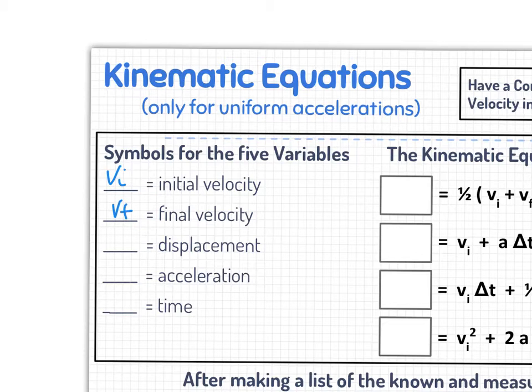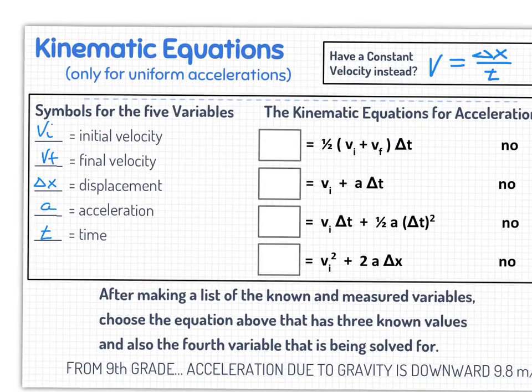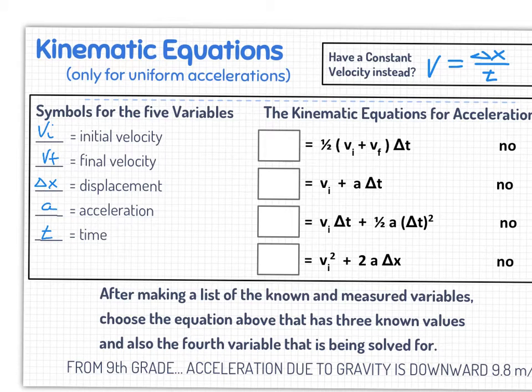A couple of quantities for our uniform acceleration kinematic equations would be the initial velocity, final velocity, change in displacement, acceleration, and time. Any of those quantities we can solve for using the four equations that I'm going to talk about next. The first one is going to solve for our change in position, or our displacement. The next one is going to solve for our final velocity, our vf, given the initial velocity, the acceleration, and the time. Next one solves for displacement again using a different set of variables, and then finally vf squared is